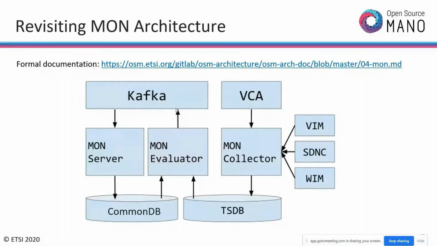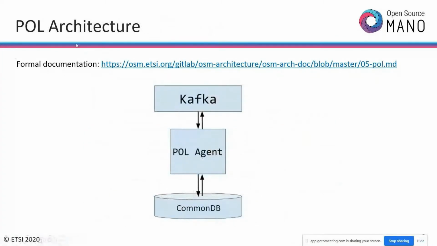Okay, so we had seen the MON architecture. The next one is the POL architecture, which actually takes the action on behalf of the MON evaluators. When the MON evaluator evaluates that an action has to be taken, the action is actually taken by POL. So POL gets a request from the Kafka bus. The MON evaluator writes to the Kafka bus, and from Kafka the POL agent gets it,